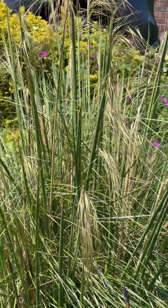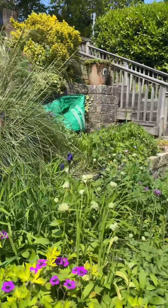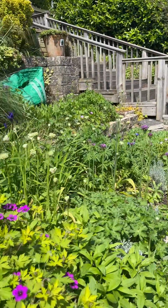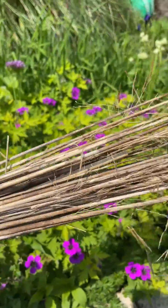And again, it's another habitat, and for the first time this year we've seen slow worms up here under this concrete where we've been removing the big apple mint. So these will now go in under a hedge somewhere